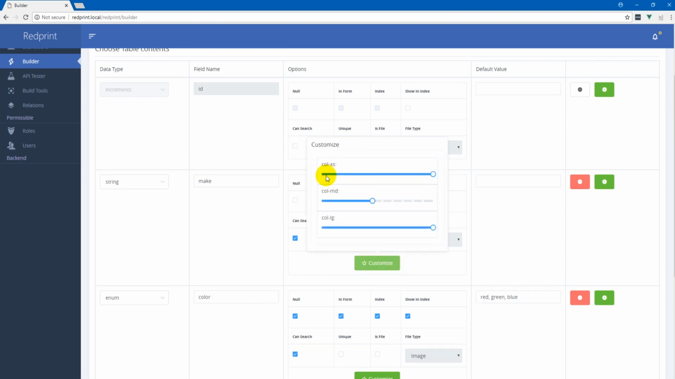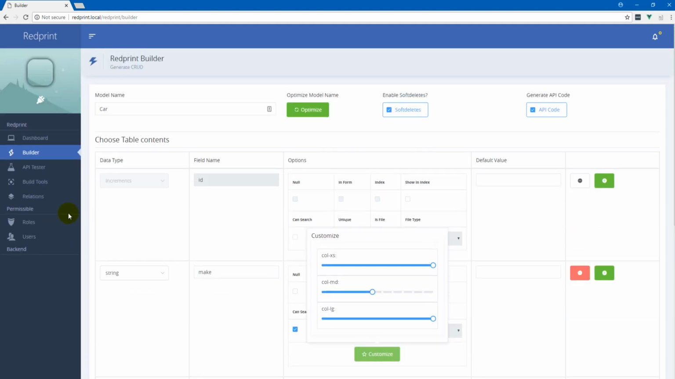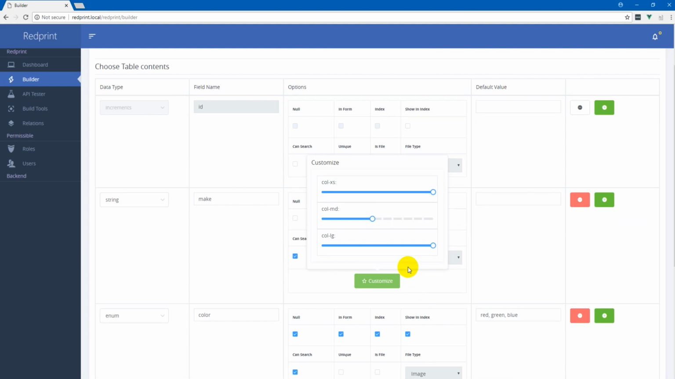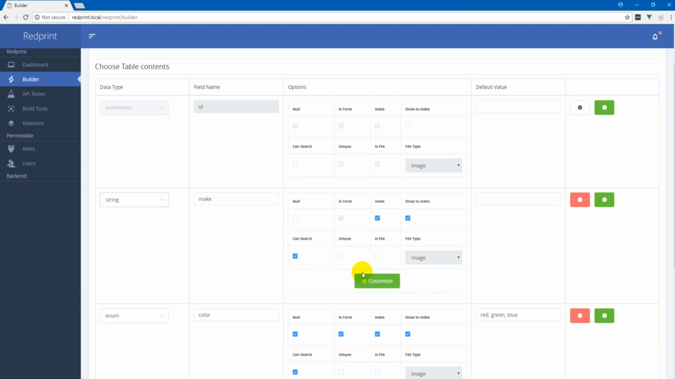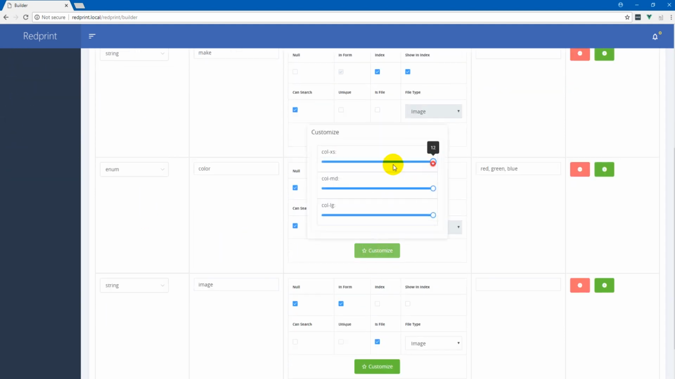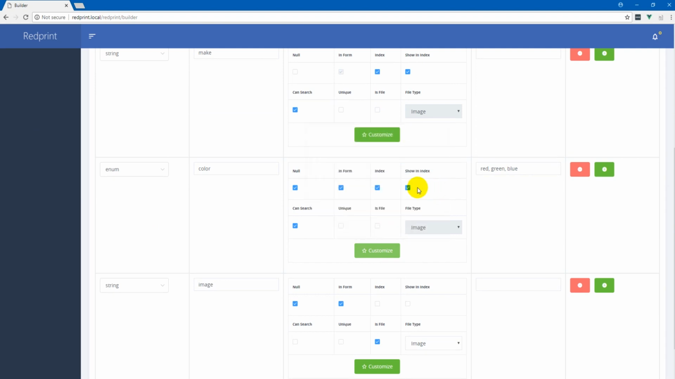For extra small screens, we're going to use the full width of the Bootstrap column system. So Redprint and the theme being used by it, Redprint Unity, is written in Bootstrap 4. So everything that is supported in Bootstrap 4 is also supported here. Okay, so this is for make color. Let's make it